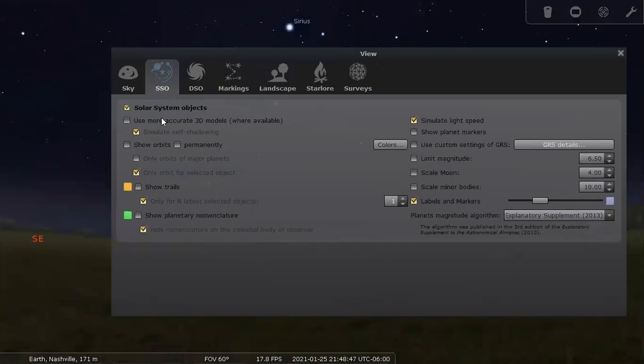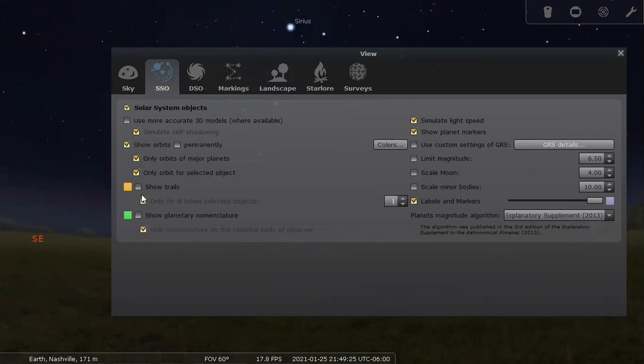If you see here, you can see solar system objects. You press somewhere like orbits, the orbits of the planets, right? And show major planets. We can click it if we want to locate them, and then this is label and marker. You can pull all the way up to the right-hand side, and you can show planet markers so that you can see the planets, right? So for seeing the planets and their orbits,